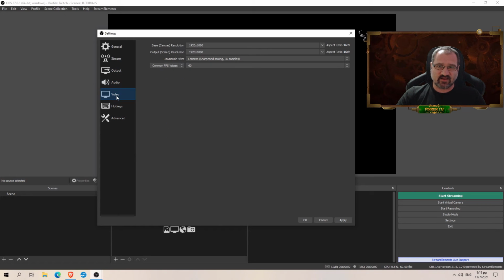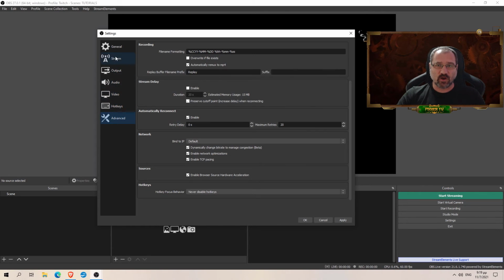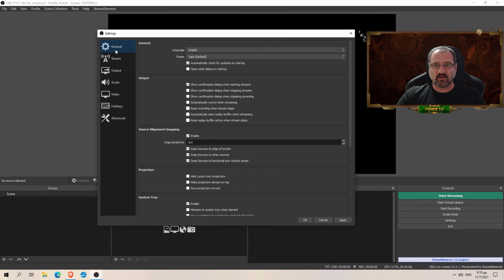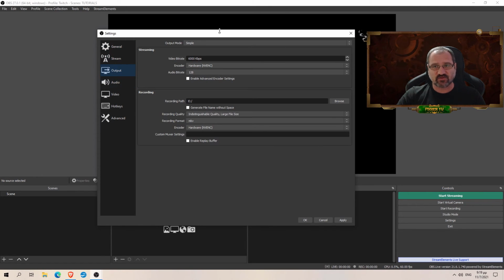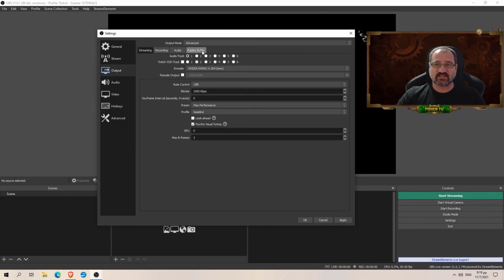Now, all these settings, you really just have to set them up once, and then you're done. As you've seen as we went through, and I want to point this out because I'm trying to keep this simple, there's always advanced settings. Like for streaming, audio track can be 1 or 2. This is something we'll see a little bit further down. Now, a new thing that's been added recently is this Twitch VOD track, which I personally don't use. I don't use it because I am using